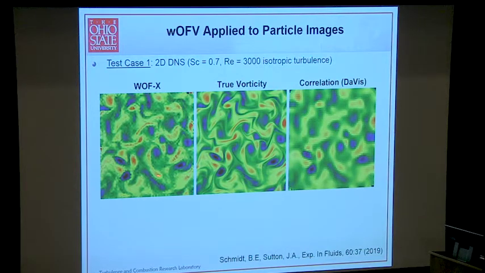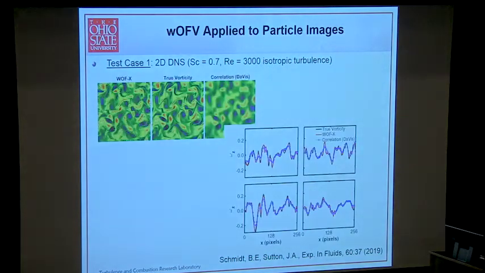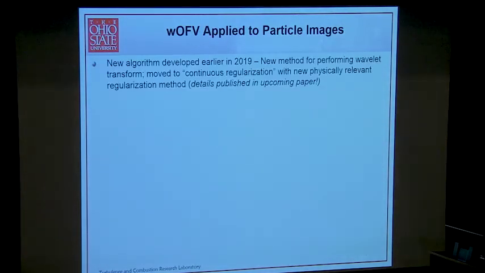But for right now, let's look at the fact that we have a much better estimation of the vorticity field. So if you take slices through these, you have the true vorticity in black. You have what's coming through correlation in blue, which is what's expected, a lot of low-pass filtering. And for many of the cases, a very good tracking of the true vorticity with the optical flow method. Okay? So again, earlier this year, we